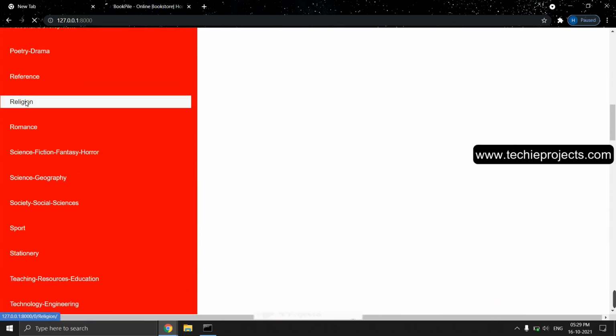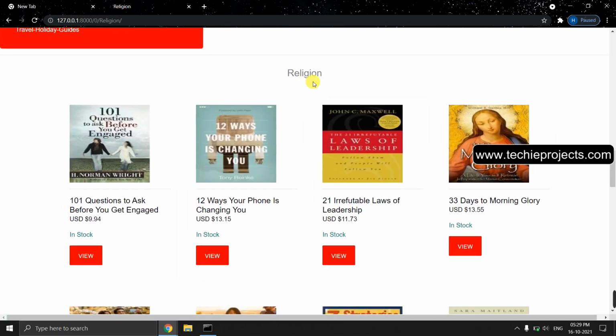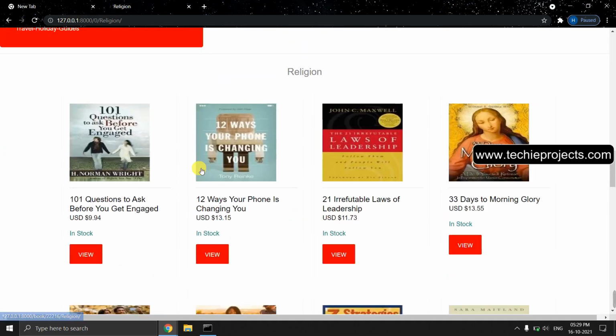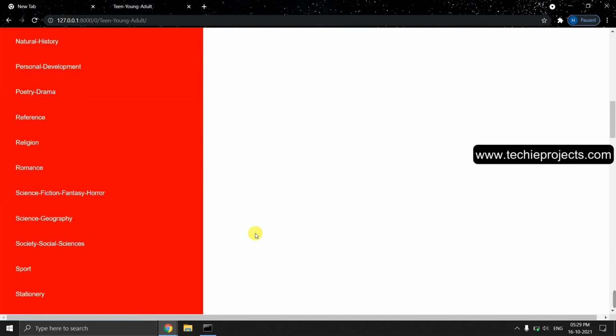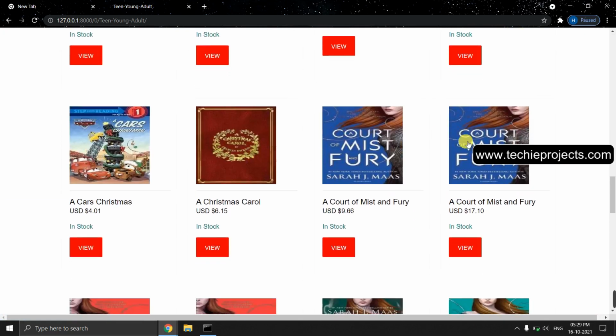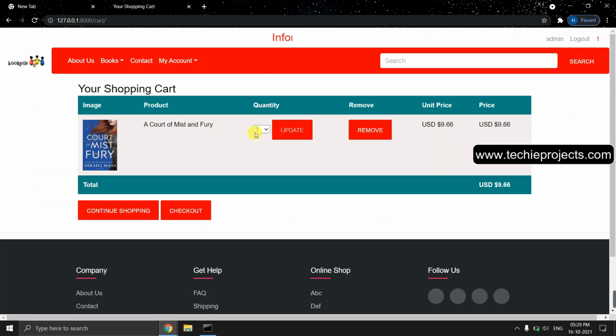Okay, let's click on the religion section. So these are all religion based books. Okay, now we are opening the teen and young adult books. We can just click on the view and you can click on the add to cart button, and this is